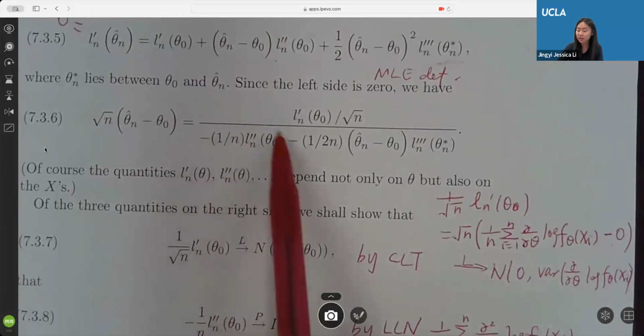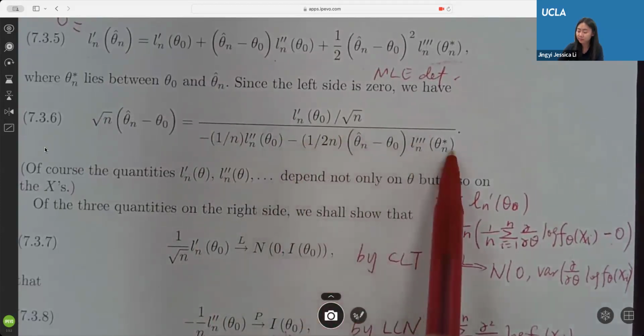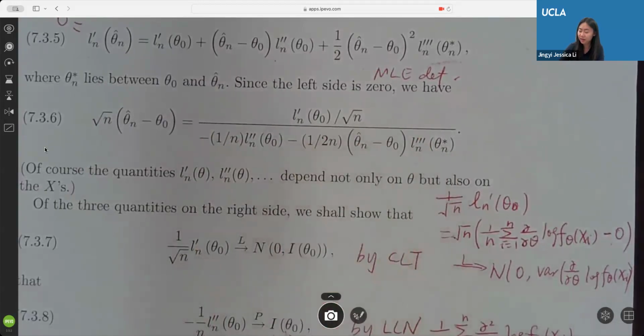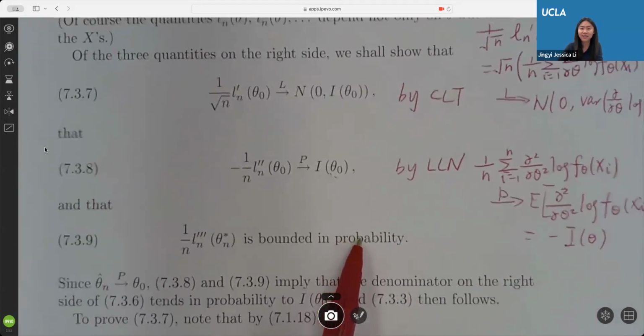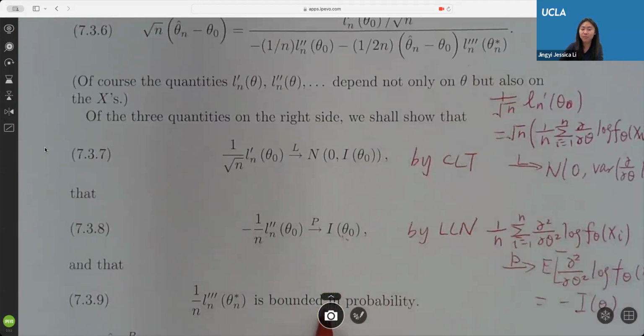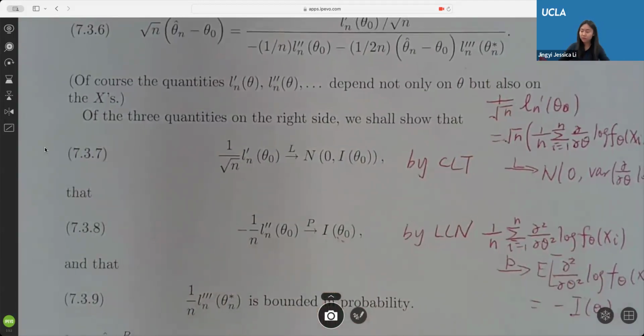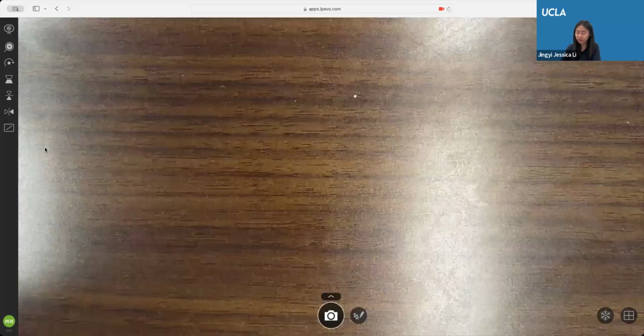The denominator's first term has Fisher information as its limit. And the last one is bounded in probability. This last term is bounded in probability because again, we apply the law of large numbers. And we know from the condition here